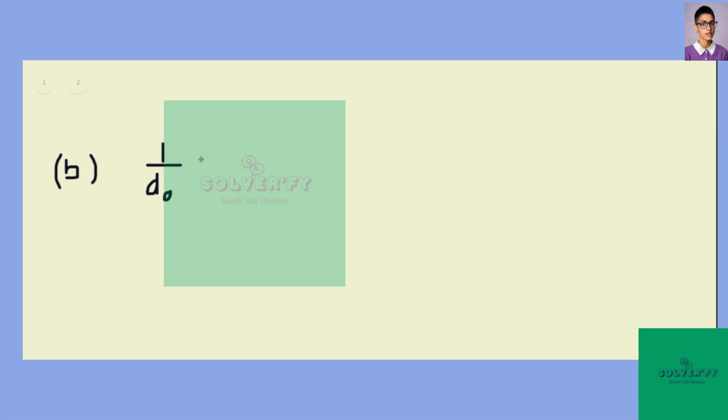For part B, we're going to have the same expression. It's going to be 1 over the distance to the object plus 1 over the distance to the image. But now this is 1 over negative 2.5 times the distance to the object. And this, of course, is still equal to 1 over the focal length. So solving this expression for D0, we find that the distance to the object, let's rewrite that to make it look a little nicer, there we go, is equal to 1.5